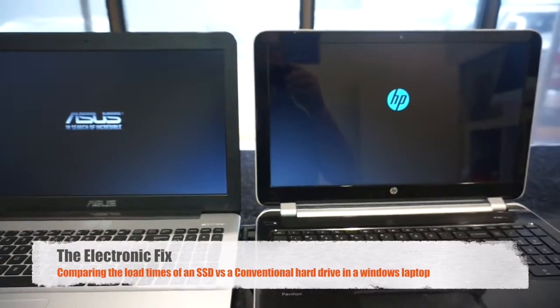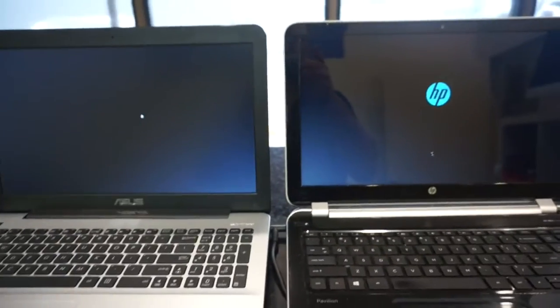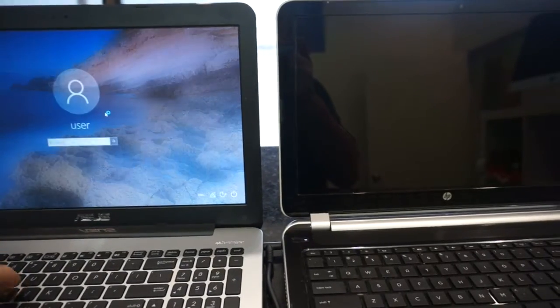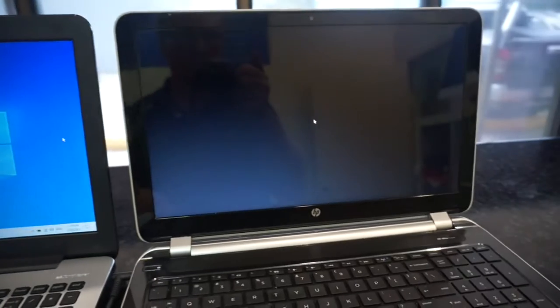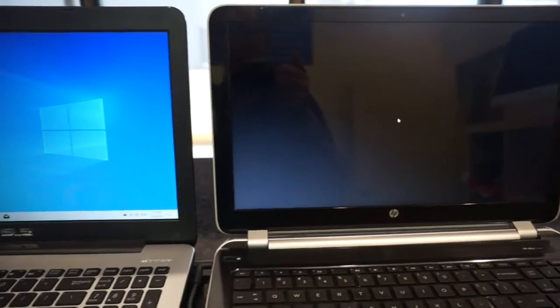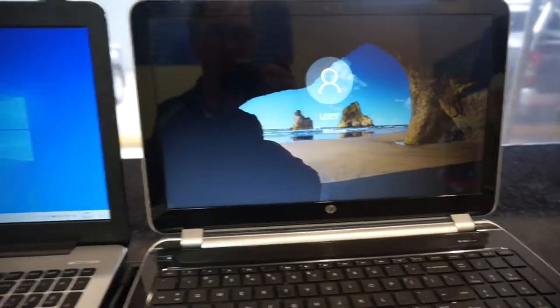fast they go. There's not a big difference, but it's significant when you start opening. That's open already, ready to rock and rumble. Right, so that one's gone. We're in there. This one's still coming. And there you go. So